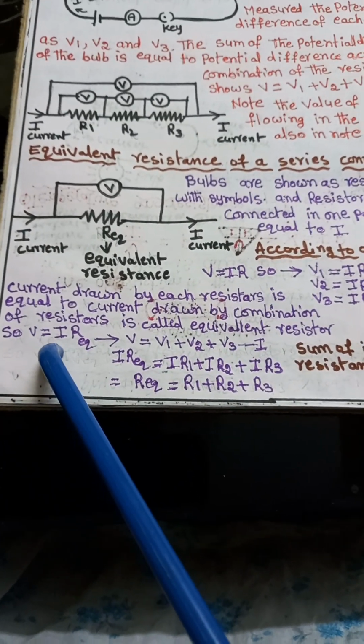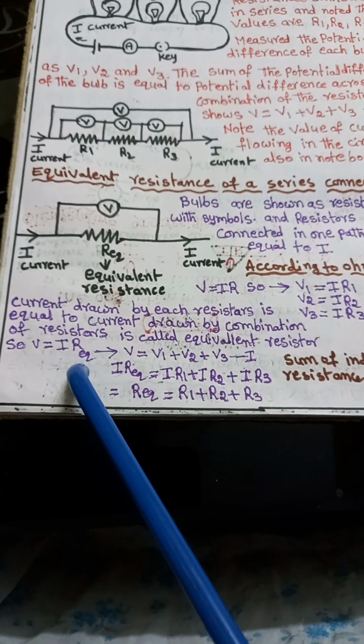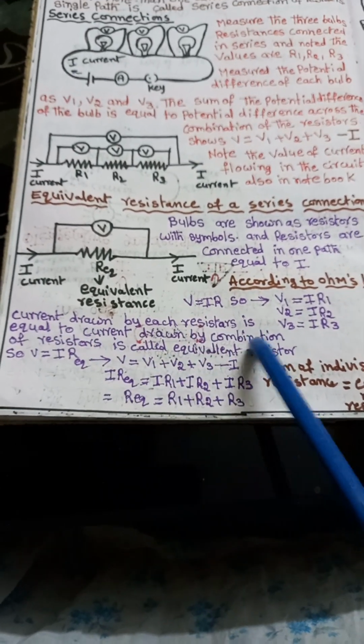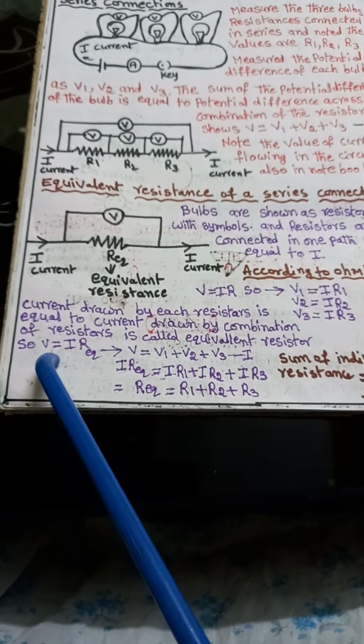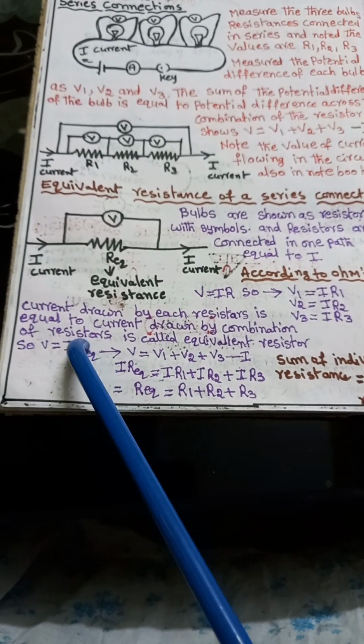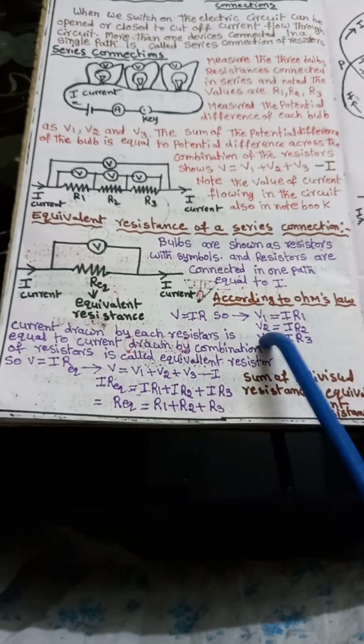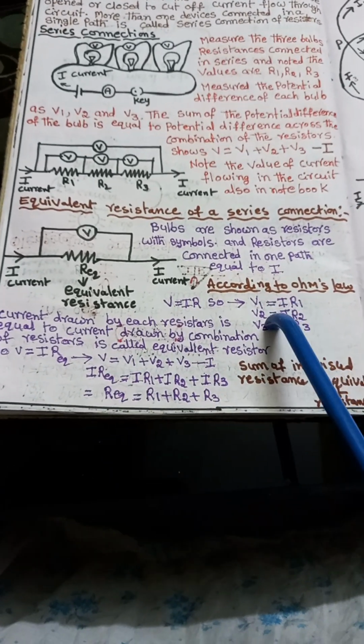So V is equal to I times the equivalent resistance. According to this equivalent resistor, V is equal to I times the equivalent resistance. So when these values are substituted in formula 1,